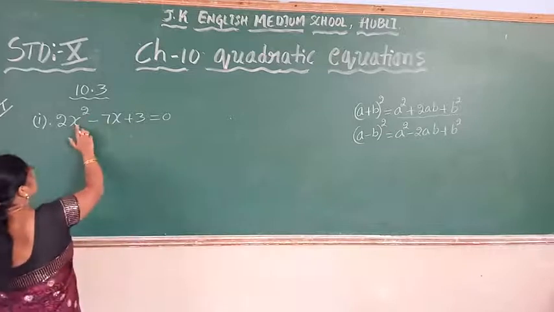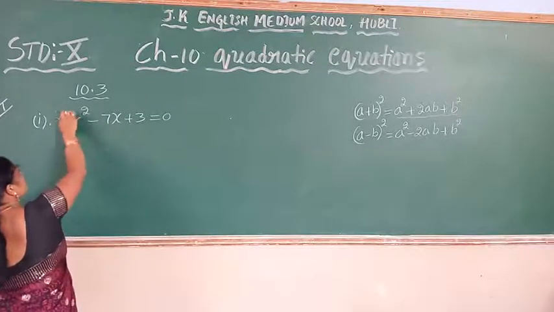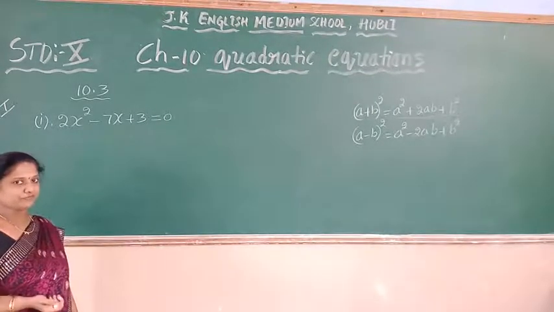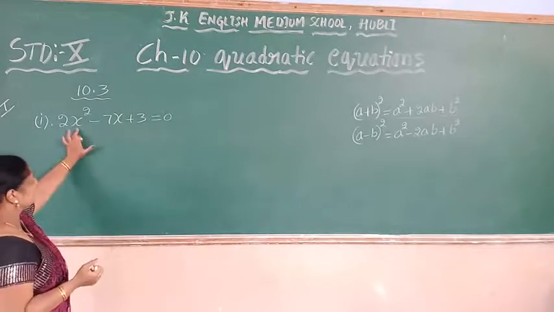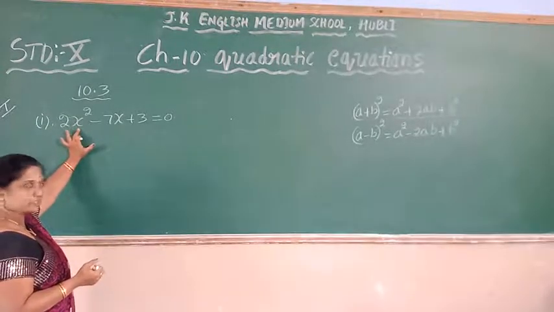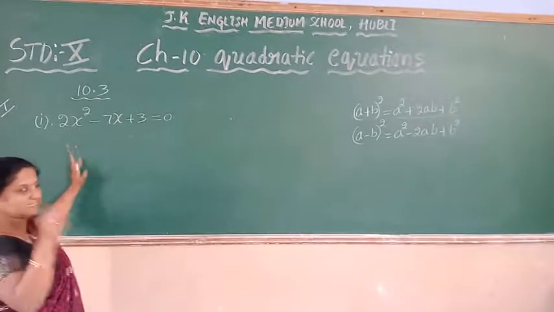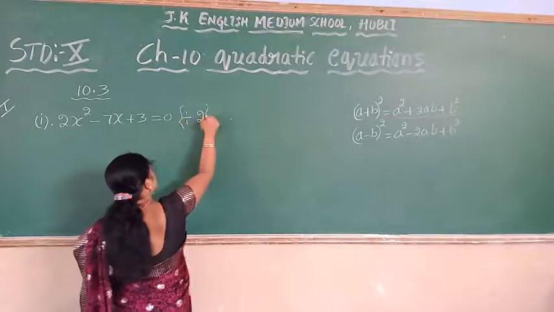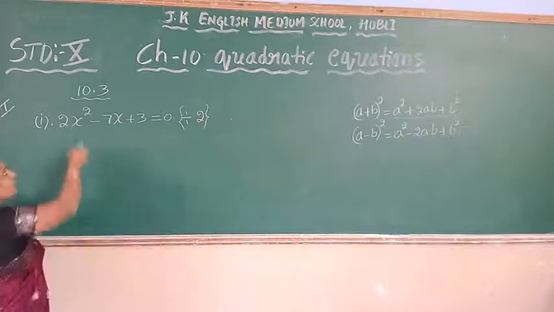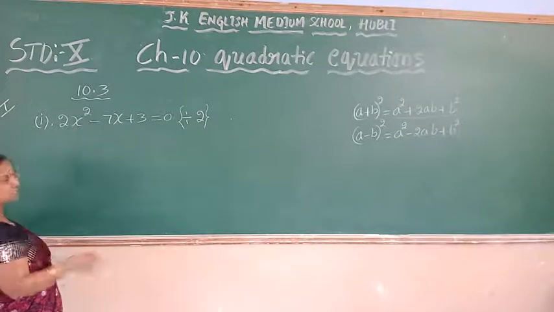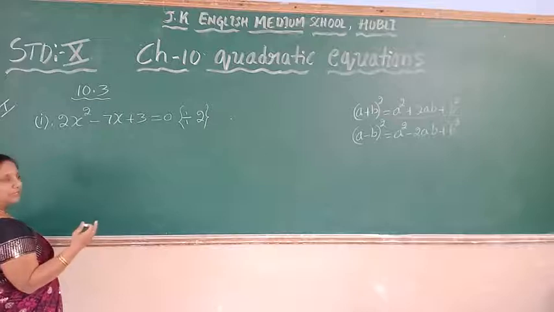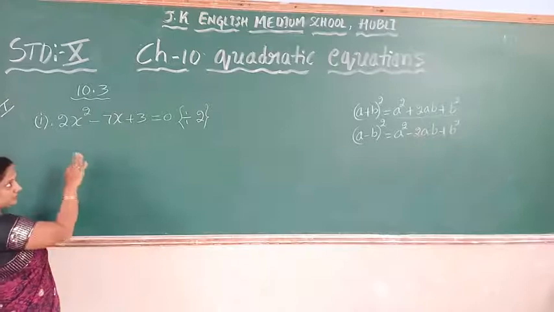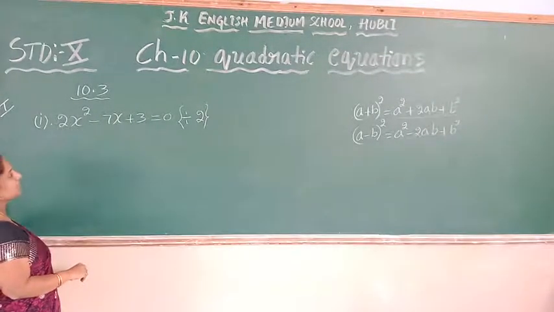So now, if any quadratic equation is given to you, first you observe here. First, the power 2 term: what is the numerical coefficient? Here it is 2. For some other question it may be different. Which number is there with this x square term? By that number, you divide all the terms, by the numerical coefficient of x square. That is the first step. There are other methods also, but this is the general method, you can use it for all.